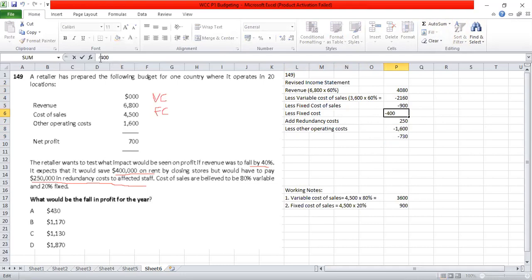Sorry about this, but this one is not less. The other operating cost is totally 1,600. I should not be separating it. Out of 1,600, all 1,600 will be incurred except 1,400 which can be eliminated. So let's club that and then present it. So here it will be minus 1,200 because this is eliminated. Their impact on profitability will be that profit will increase by 400. So they would have to reduce only